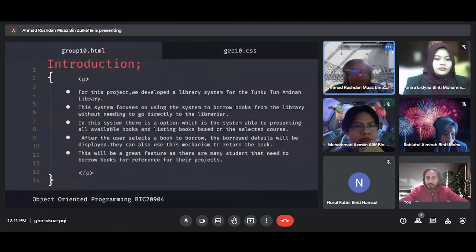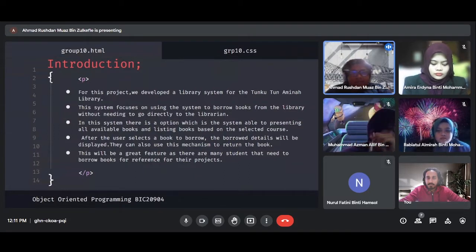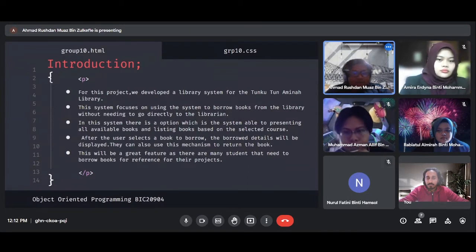For this project, we developed a library system for the Tunku Tun Aminah library. This system focuses on using the system to borrow books from the library without needing to go directly to the librarian. In this system, there is an option where the system is able to present all available books and list a book based on the selected course. After the user selects a book to borrow, the borrow detail will be displayed. They can also use the mechanism to return the book. This will be a great feature as there are many students that need to borrow books for reference for their